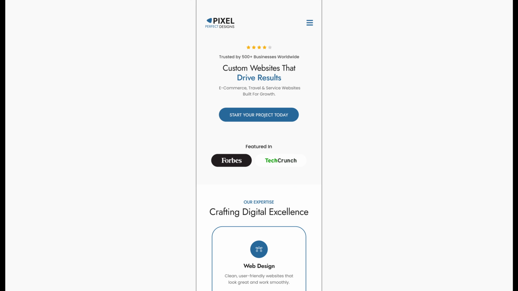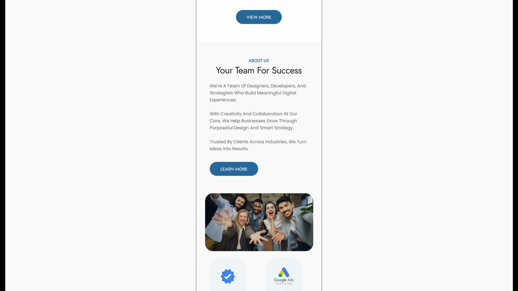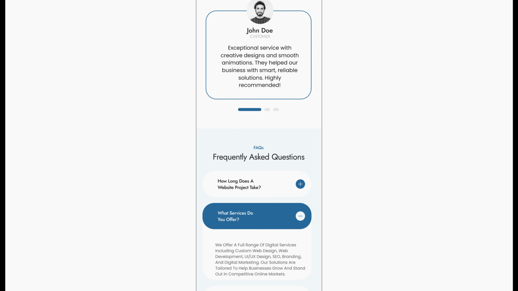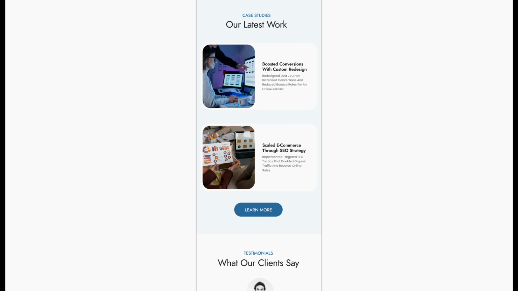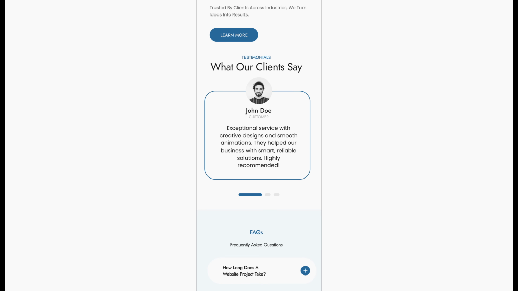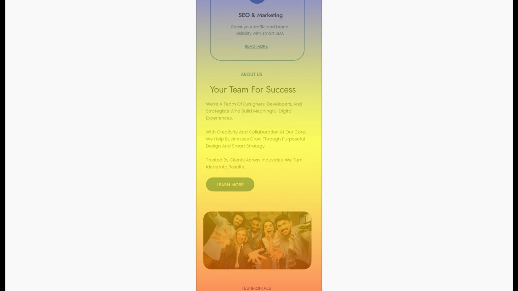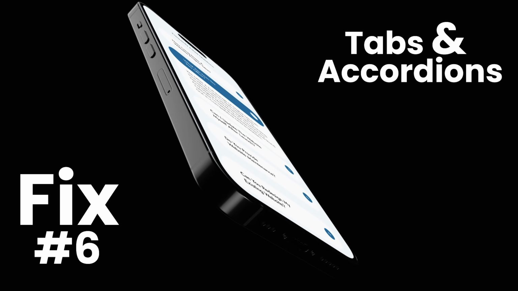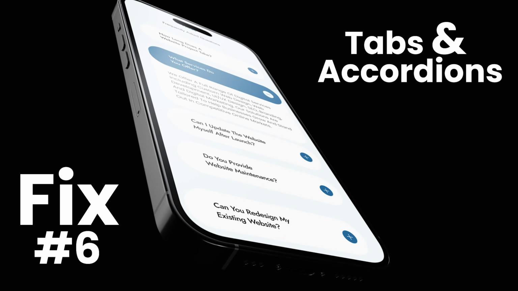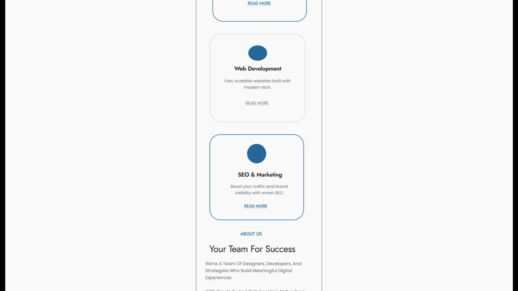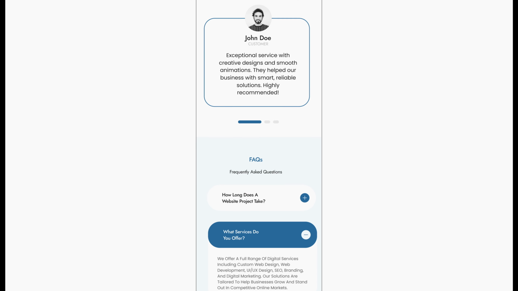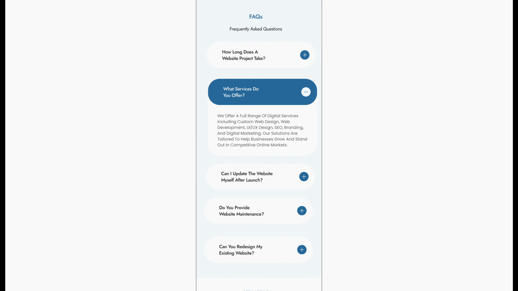We've got the layout sorted, but by placing all the content in one column, your whole page is getting longer and nobody wants to scroll forever. So, what you can do is to remove any sections that don't add real value on mobile. Use tools like Hotjar or Microsoft Clarity to see what parts of your site people interact with and what they skip. Remove the less important section, and if you still need to display extra content like FAQs or feature list, use tabs or accordions. That way, users can expand what they need and when they need it.